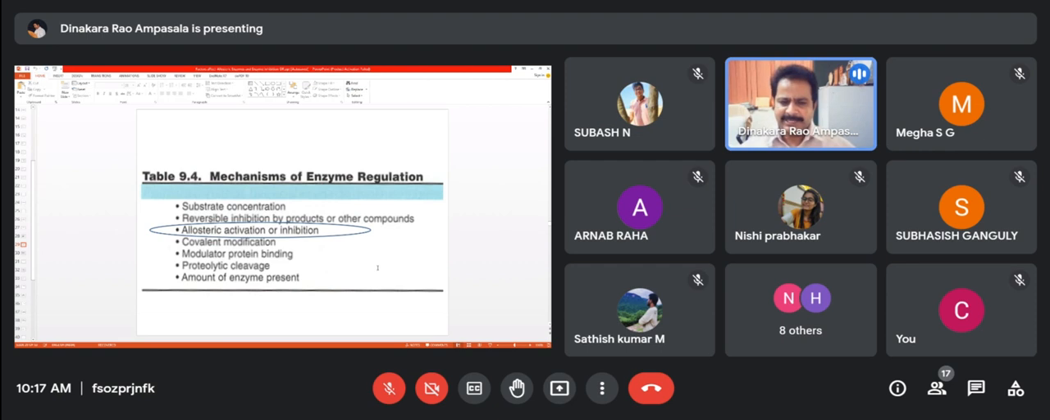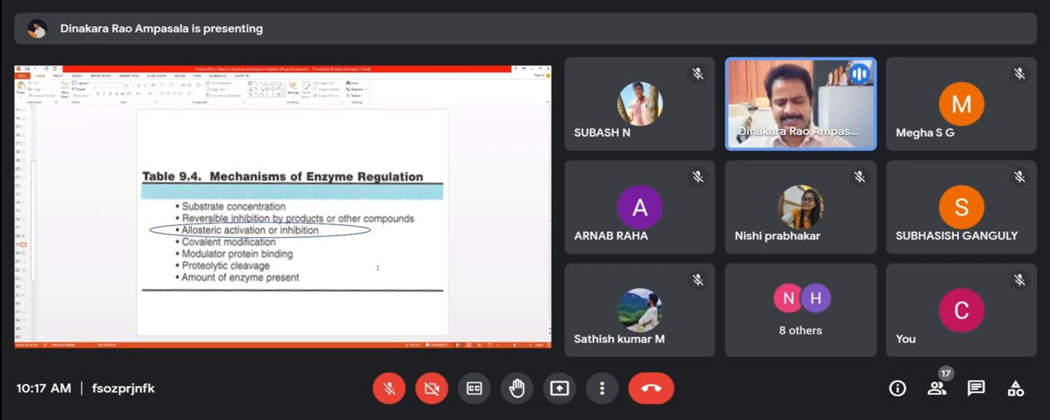So this kind of activity step is also present inside the cell, along with covalent modifications like phosphorylation and methylation, which lead to activation as well as inactivation, and modular protein binding and proteolytic cleavage. Proteolytic cleavage has good examples: chymotrypsin,